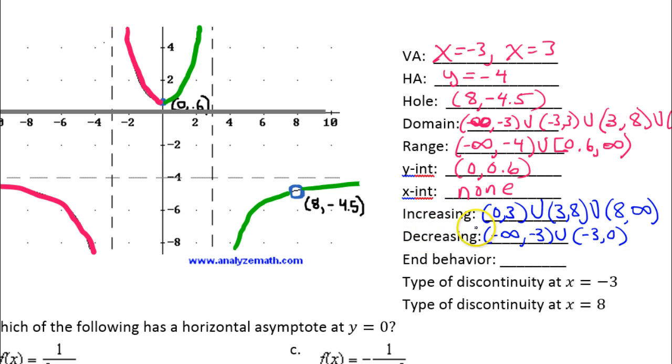Alright, for increasing and decreasing intervals, they will always be round parentheses, never square brackets. Like for instance, even right here at 0, it's decreasing on the way there and it's increasing on the way out. But right at 0, it's neither increasing nor decreasing. It is flat. Okay, now for the end behavior,